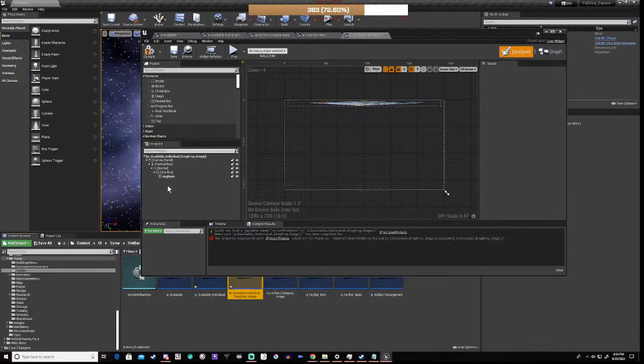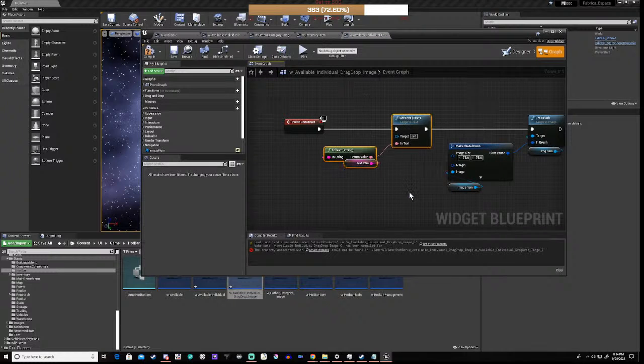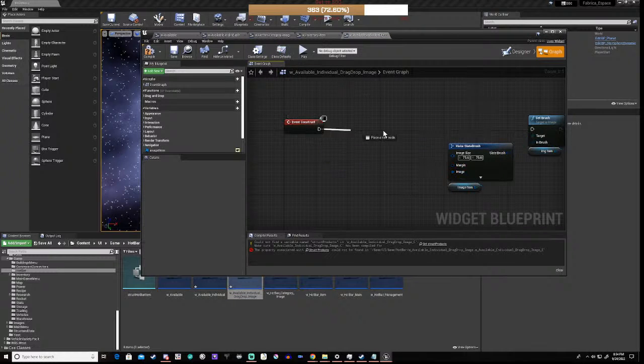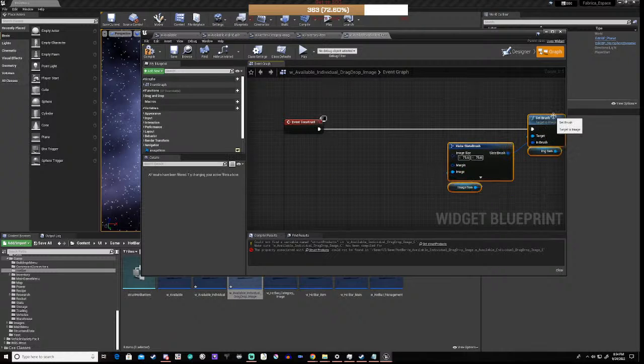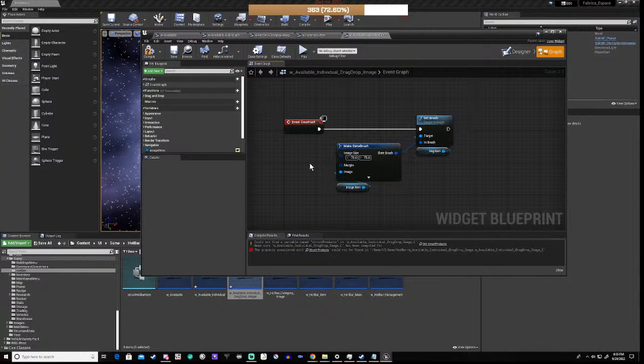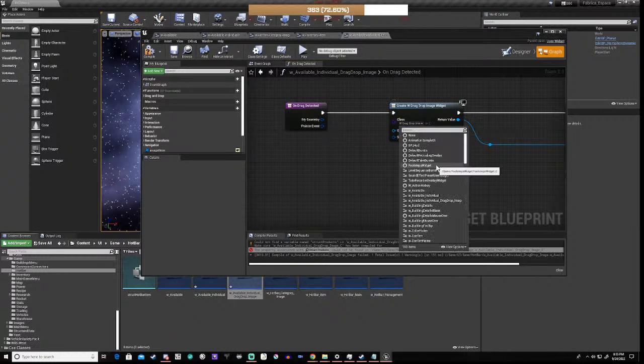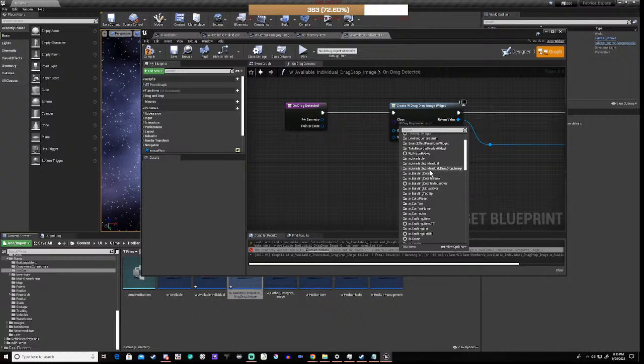Okay, we go to the graph, we delete that, and then we just plug that straight in there. We save that. It doesn't like that for some reason. Oh yeah, I know why. And we basically say this one